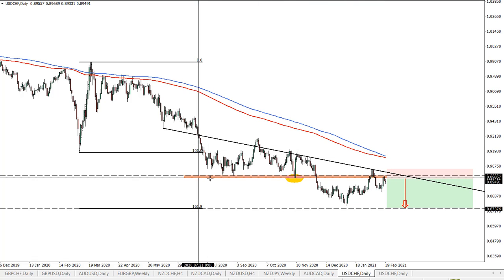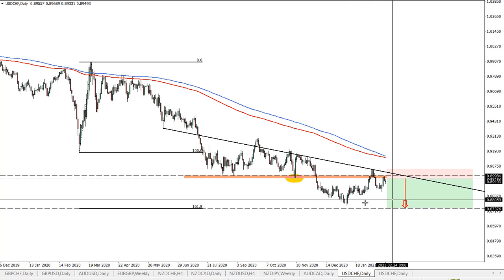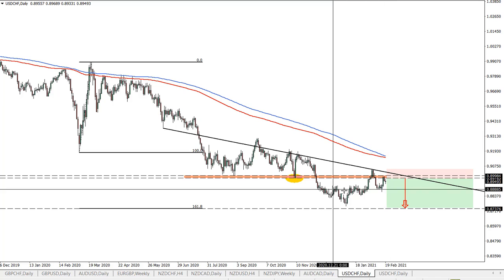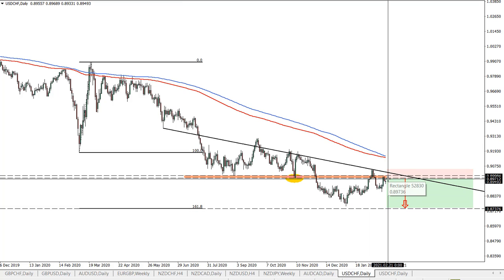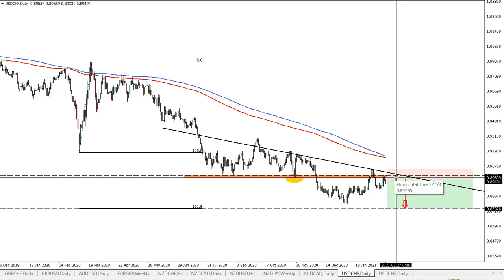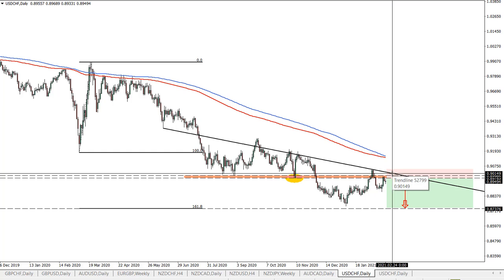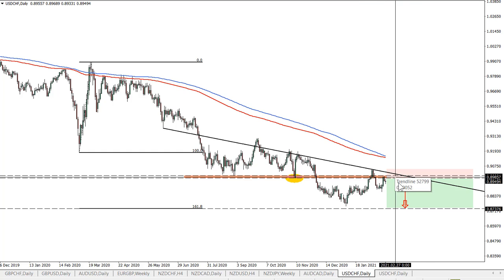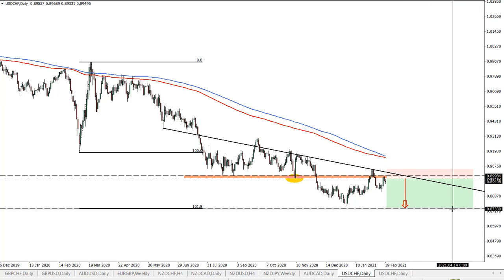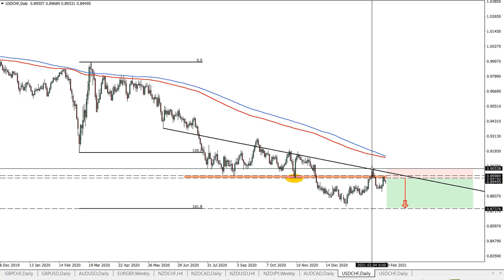So now we have another resistance area which got rejected today, and there is this opportunity for the price decline or continuation of a downtrend. What we expect is a small pullback which might occur today or tomorrow towards this low, which is at 0.8978. So this could be where the sellers will step in. We might even be spiking above to test the trend line once again, but then if we hold this high, the price is likely to continue going down towards this support we mentioned already. So overall the potential is around 240 pips to the downside, but this is obviously as long as this high holds at